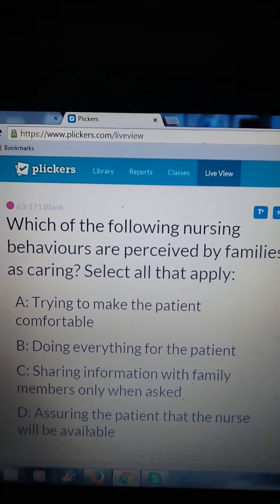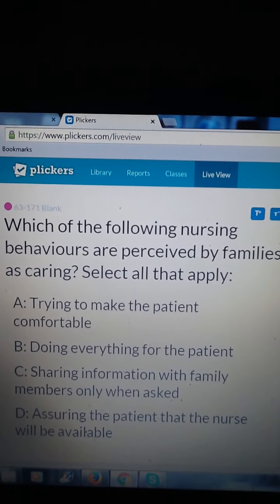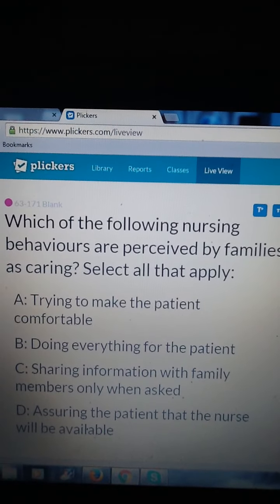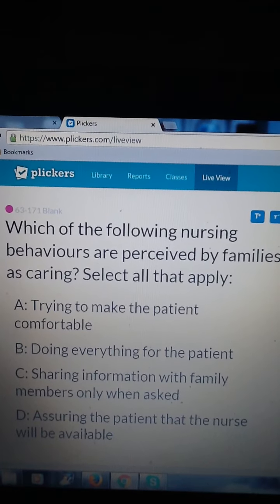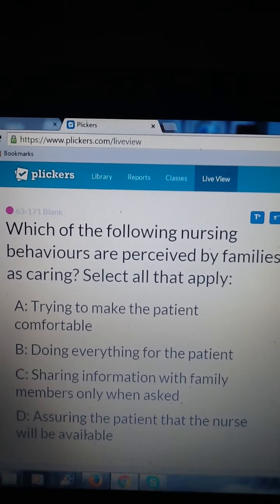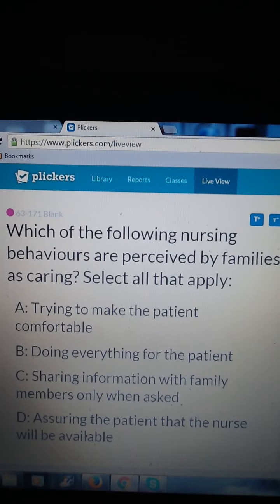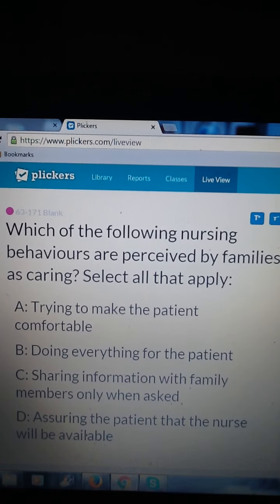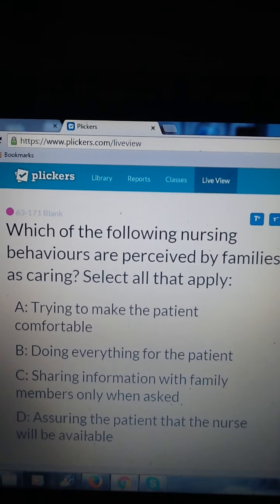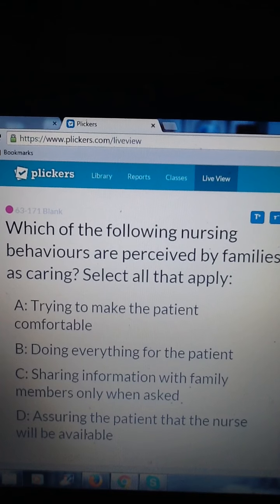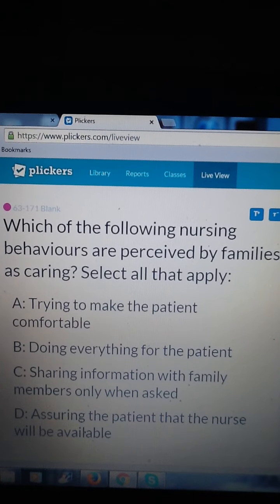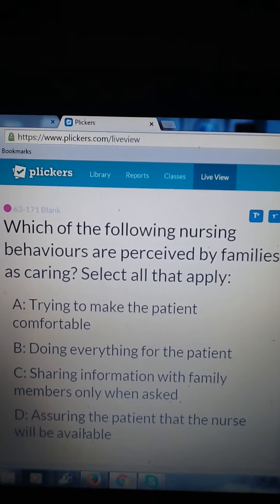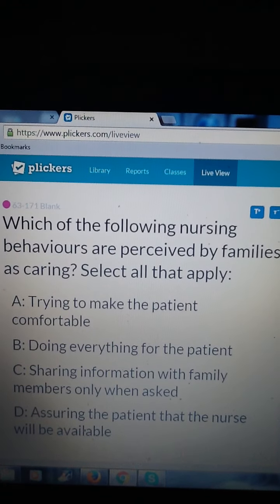Which of the following nursing behaviors are perceived by families as caring? Select all that apply. Okay, so another select all that apply. So you're reading the stem. Is trying to make the patient comfortable perceived by families as caring? Does everything for the patient. Perceived by families as caring, sharing information with family members only when asked. Perceived by family members as caring, assuring the patient that the nurse will be available. Okay, so